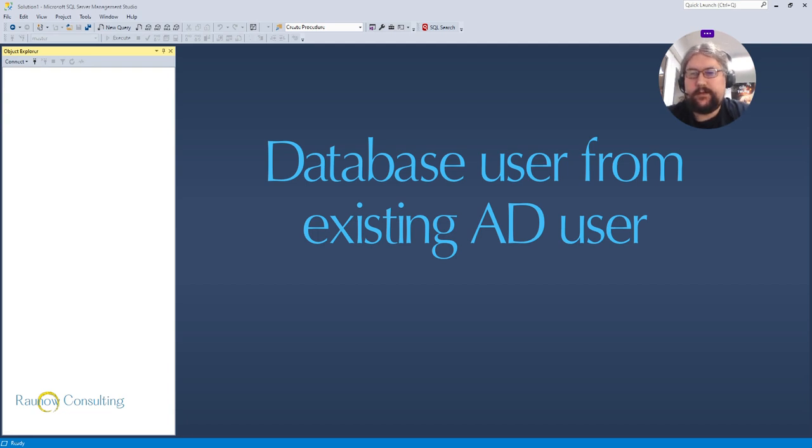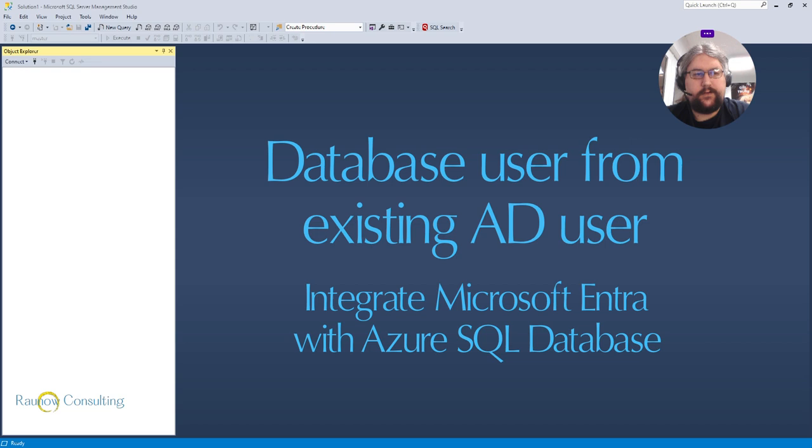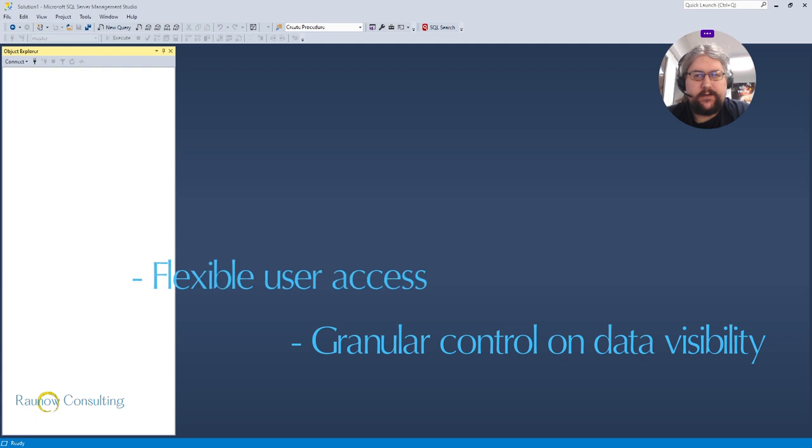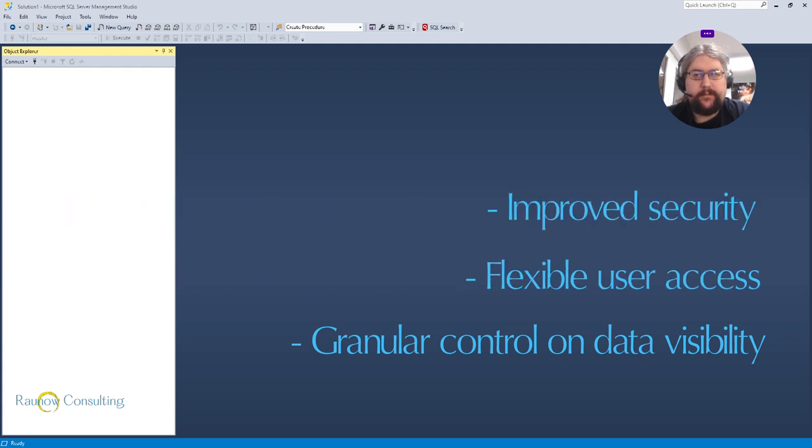Daniel from Raunow Consulting. Today I'm going to show you how to create a user in your Azure SQL database from an existing user in your Microsoft Active Directory. This is very useful for when you want to have very granular control on what specific users can access in your database. And to that end, we are going to grant the user that we create only read access